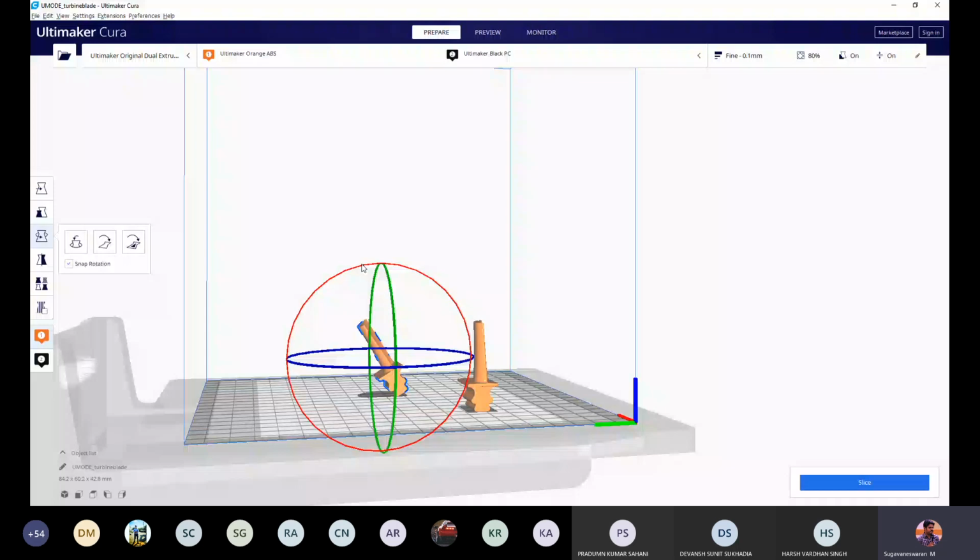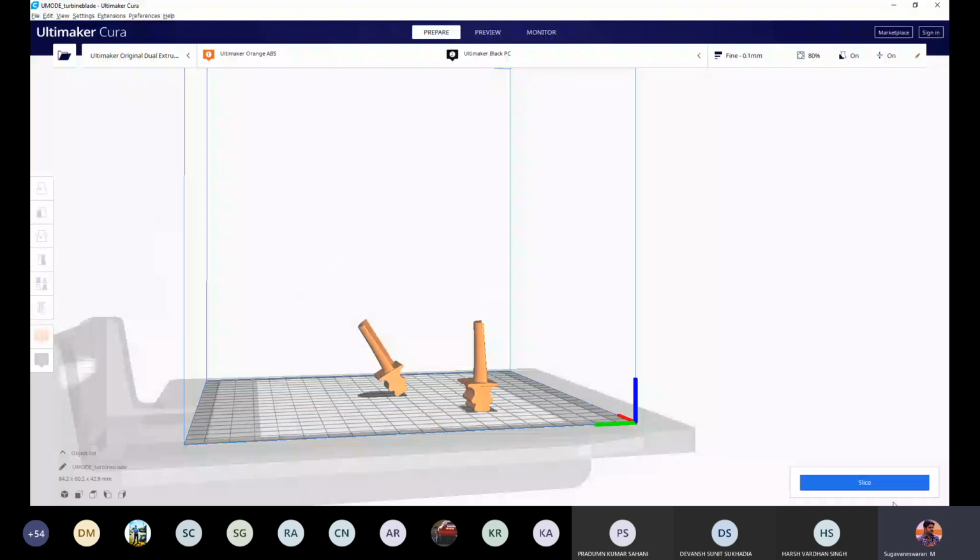Again, once you change a parameter, you have to do a slice. See, the slice option is available here. So you click slice, and it will do the slicing for this orientation. That is the reason part orientation has to be done before slicing. Part orientation has to be done before the support structure. So it will tell you this model requires 1 hour 59 minutes. I think it is 10 minutes higher than the previous model. And the material consumption is 9 gram, 1.32 meter. I think it is different from what we have seen.